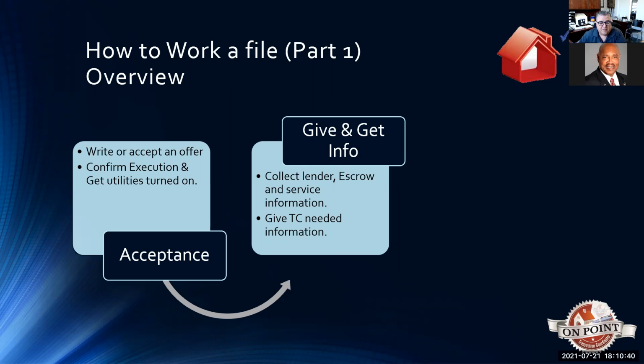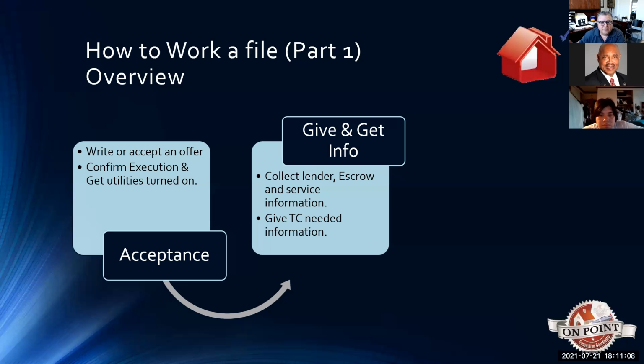Okay. But sometimes if you're on the buyer side, you don't have the escrow information. So you're typically collecting that information and also giving it to the lender, but you also want to introduce yourself to the escrow officer, typically by email, right?